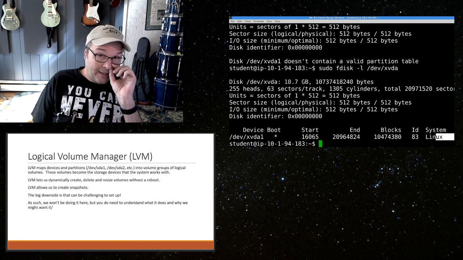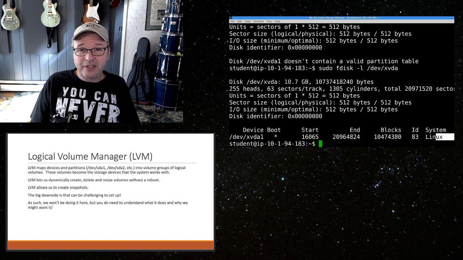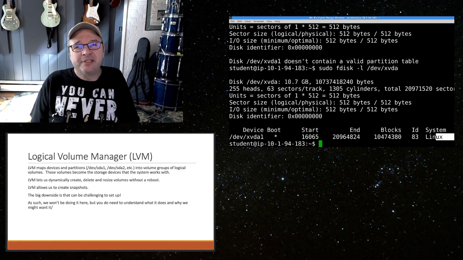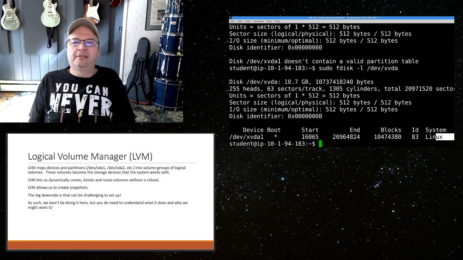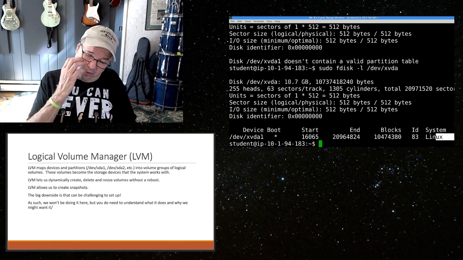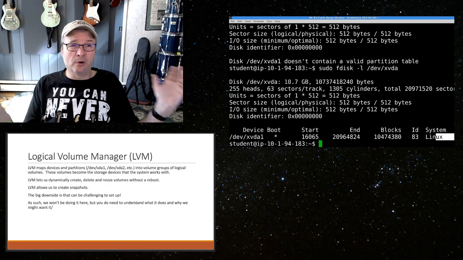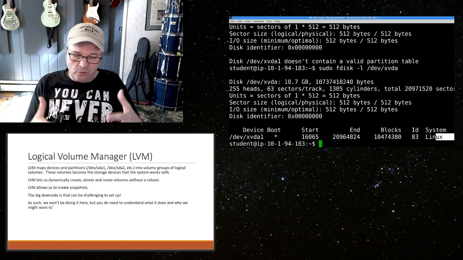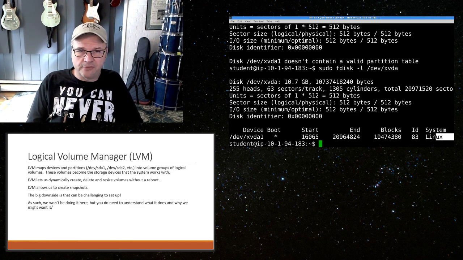So LVM is how we look at these things. Again, we're not going to do it, but LVM actually lets us dynamically deal with volumes. Why would we do that? So if I'm running multiple machines, multiple volumes, it's really hard to expand and contract those volumes. So if I find out that one machine needs more or less space, because drives don't write in a linear fashion, right? So if this is my drive,